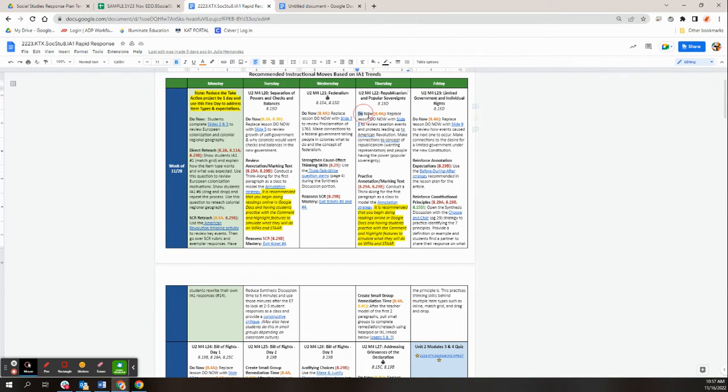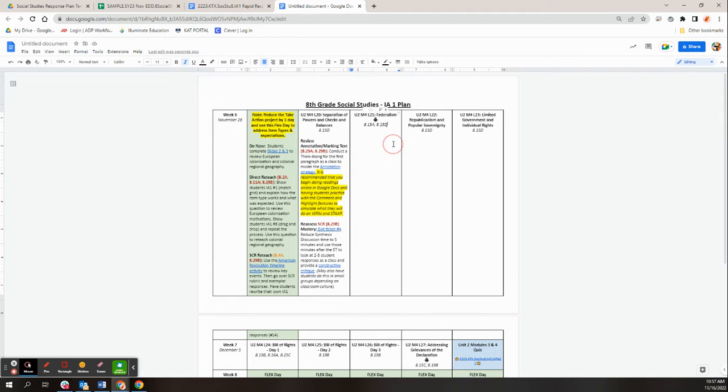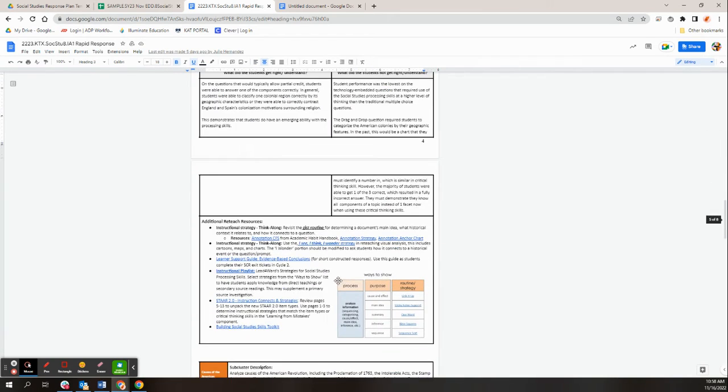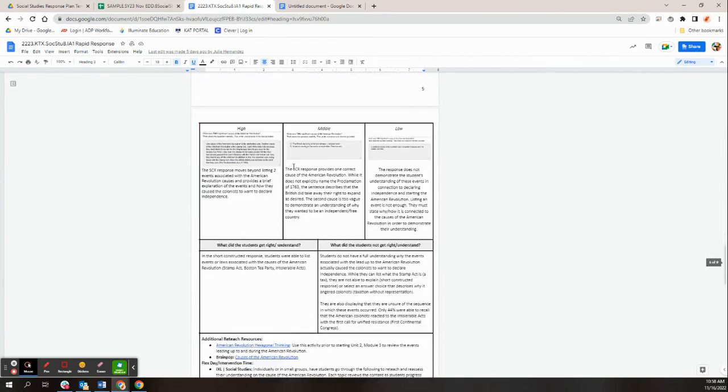So I'm going to take the do now where it tells me to replace it with the slides and it gives me advice on how to make a connection to what I'm going to teach that day. I've already introduced it, so I might still focus on how to do it. But then I noticed down here it says small group remediation time where I can hit 4A or 4C, and it's telling me that I should probably pull some small groups. So let's go see what they have I could do during small group time for the causes of the American Revolution.